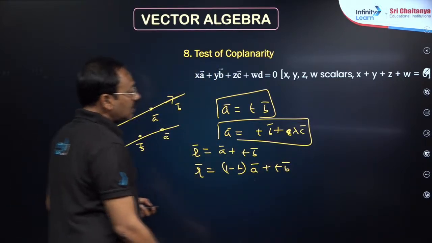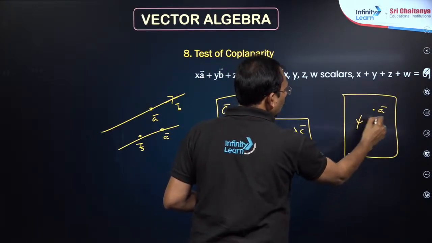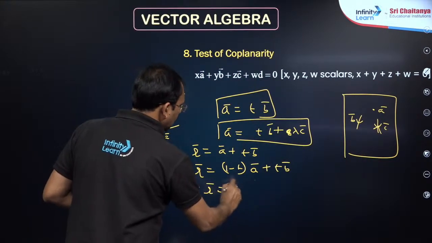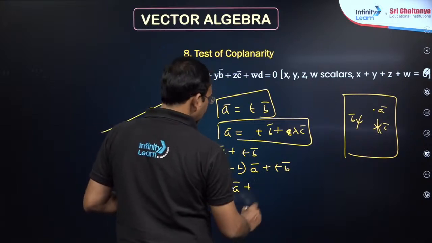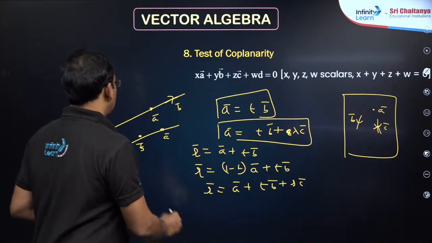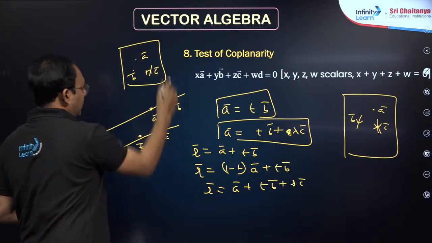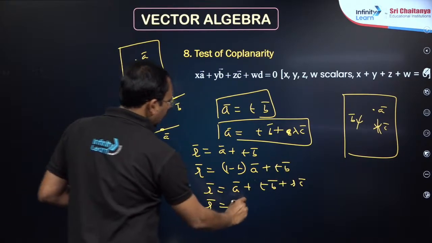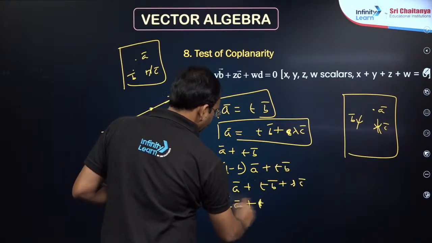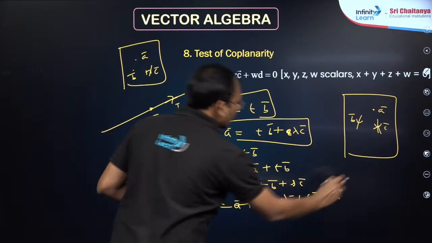Okay. Suppose equation of a plane passing through a point A bar, with 2 parallel vectors B bar and C bar. So R bar is equal to A bar plus T B bar plus S C bar, which is the equation of the plane. And equation of the plane passing through 2 points A bar, B bar, parallel to vector C bar, is R bar equal to (1 minus T) into A bar plus T B bar plus S C bar.